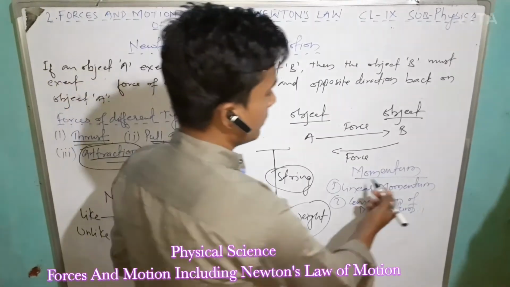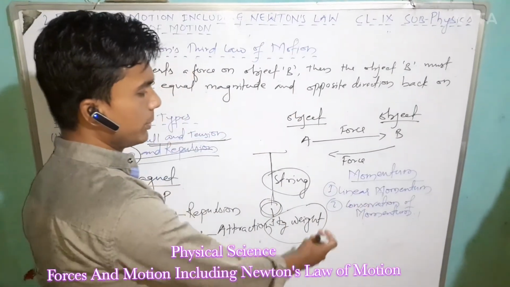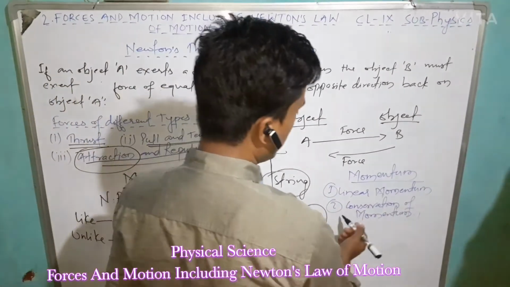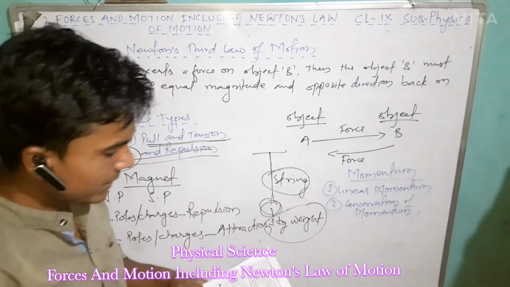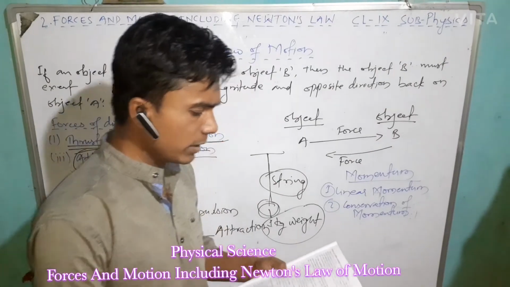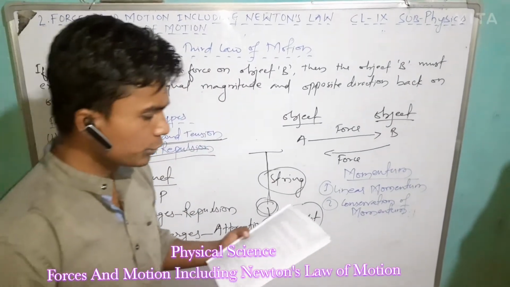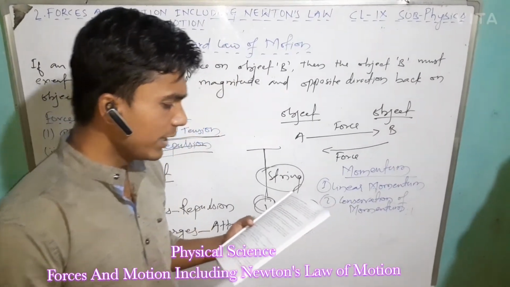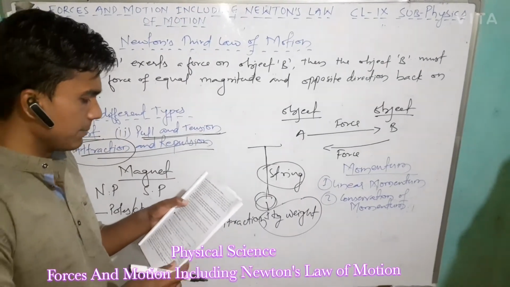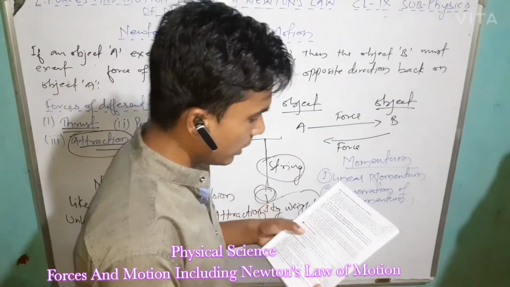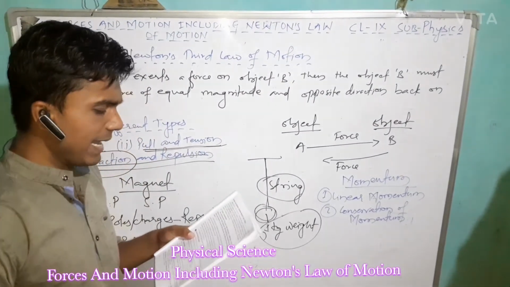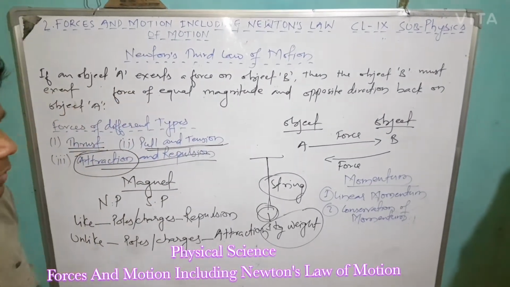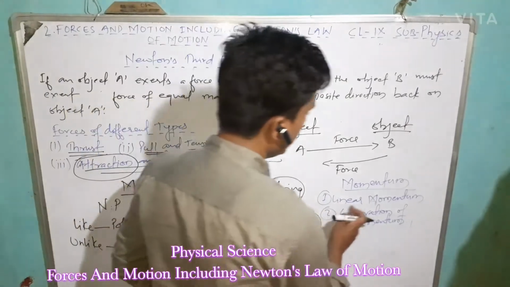Then we got momentum. From momentum we'll be talking about two things: linear momentum and conservation of momentum, right? As per linear momentum, what you understand is that linear momentum indicates a quantity of motion of a body which jointly pertains to both mass and velocity of the body. A body of very large mass but moving with small velocity may have appreciable momentum.